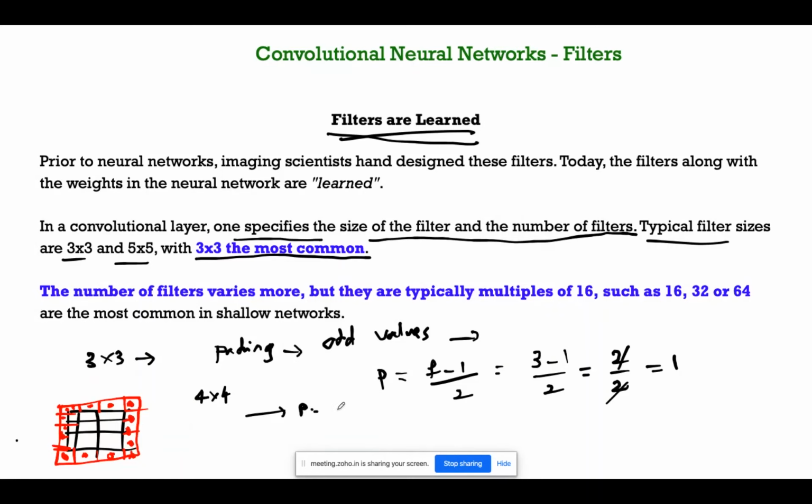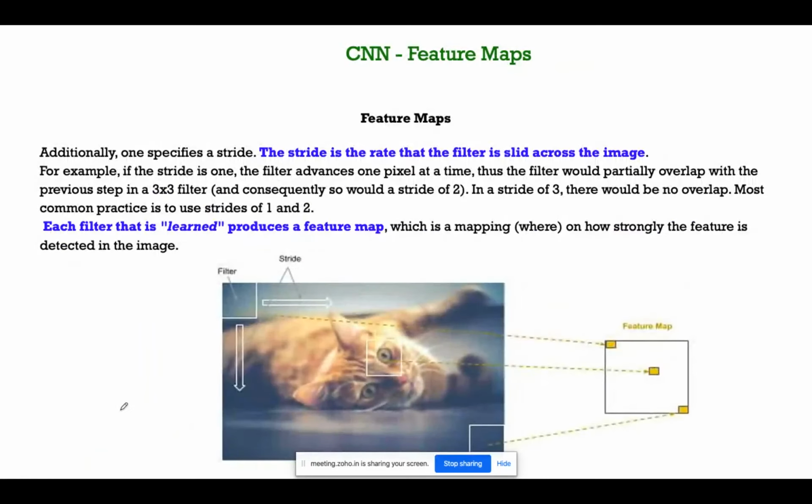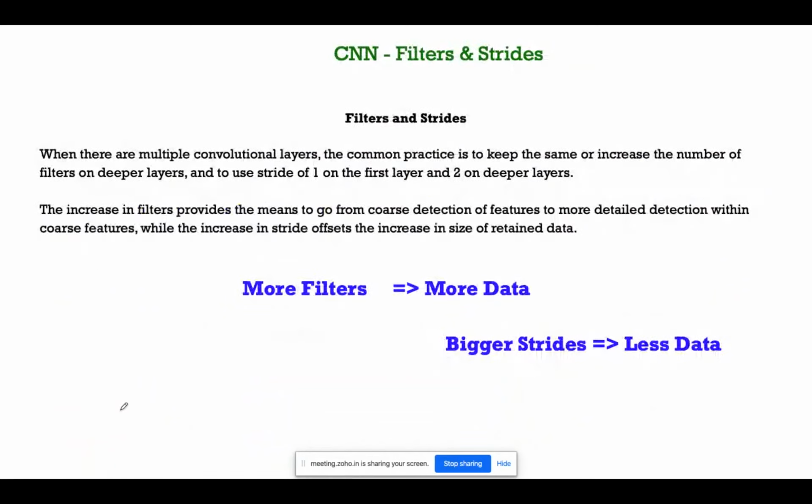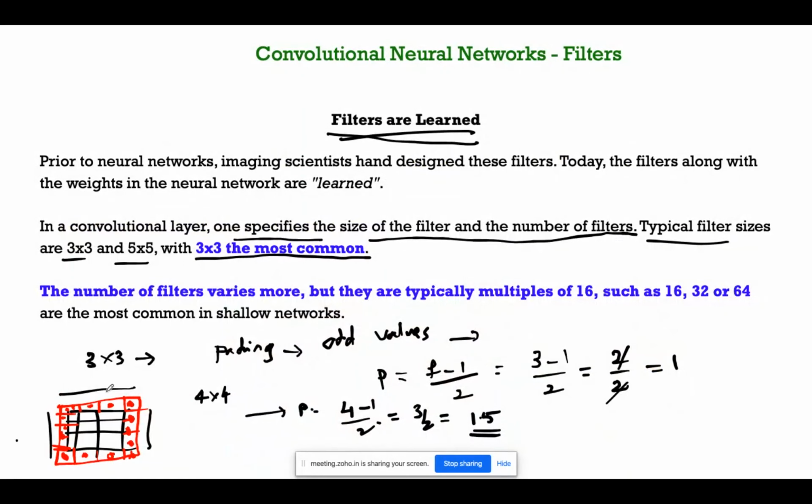What will be the padding here? 4 minus 1 by 2, it's 3 by 2, it's 1.5. I cannot add 1.5 values here. I cannot add anything of 1.5 here.